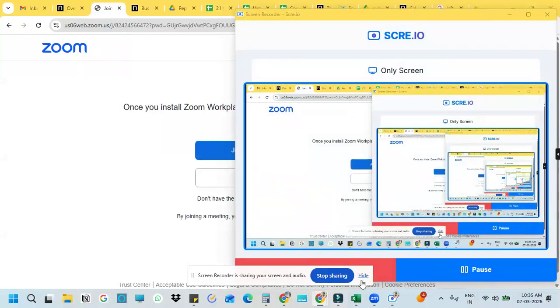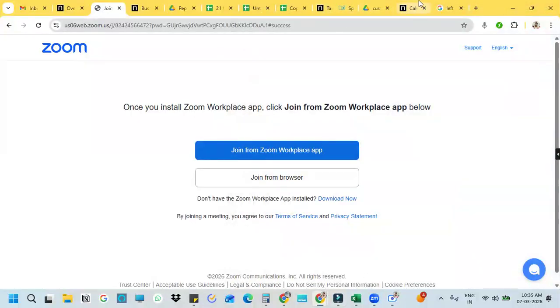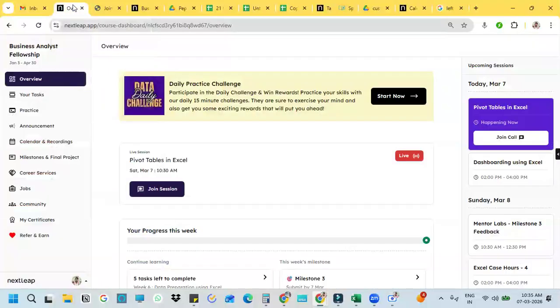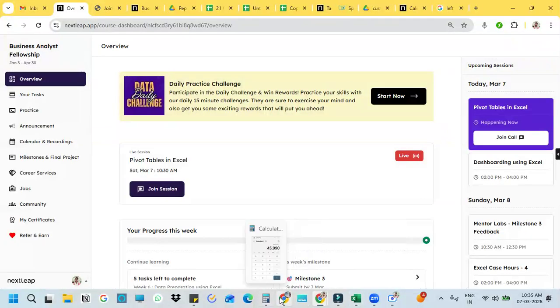And in the second session, we'll try to create a dashboard using pivot tables. And we will eventually create a dynamic dashboard, which means you change the filters and you will be able to refresh the data, right? Okay,